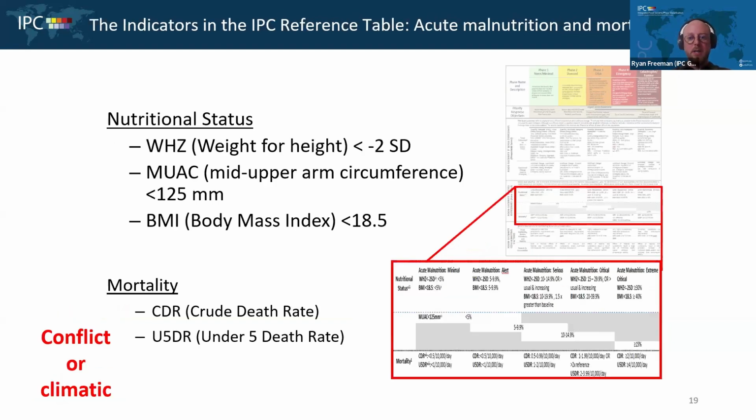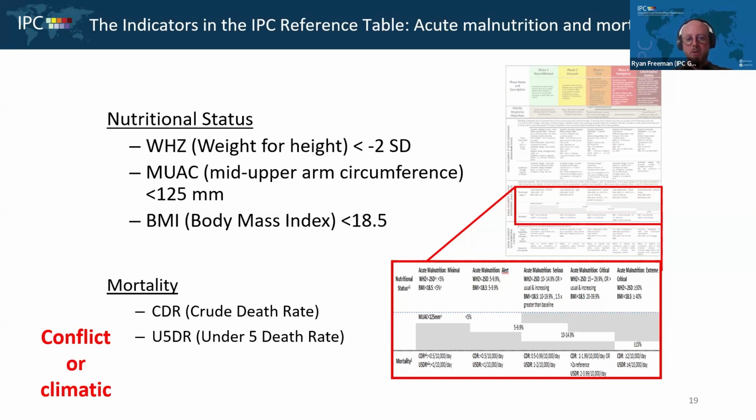So I'm going to move on to the next slide. And there again, this is on the reference table. And this is focusing on the nutritional status. Now, the nutritional status within the IPC, we look at this generally in two ways. However, there is a third option, and this is weight for height and the MUAC screening, or the mid-upper arm circumference. You also have the body mass index, but I've rarely ever seen it collected, let alone used in many of these emergency contexts. So there again, from the nutritional indicators that we do have the cutoffs.